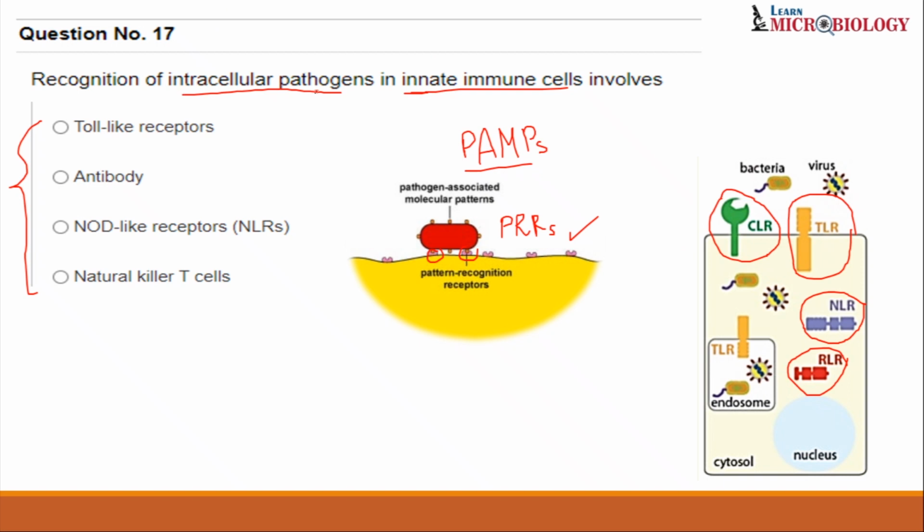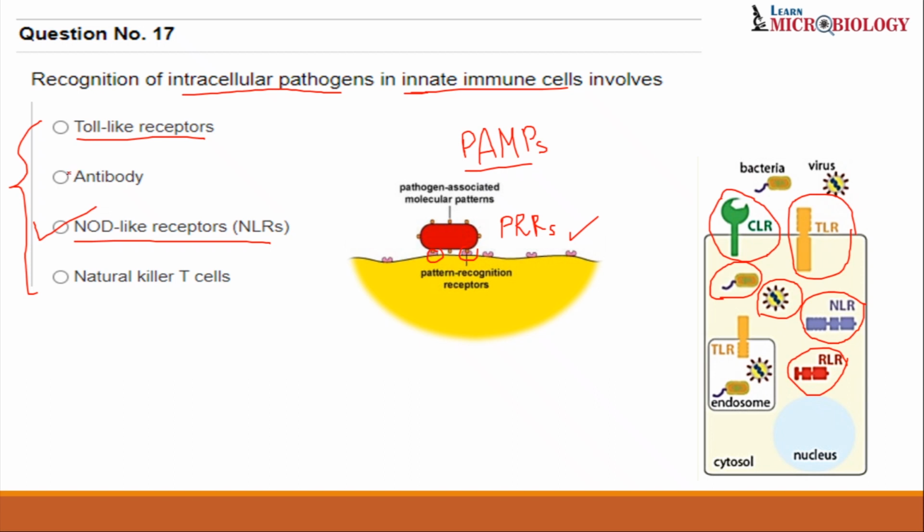They have asked about intracellular pathogens. First of all, what do intracellular pathogens mean? A pathogen which is present inside the cell. So if this is a pathogen, can you see it is present in the cell? Can you tell me which particular receptor will identify this? NLR or RLR, because they are freely present in the cytoplasm. Yes or no? So from these options, we have two options. Toll-like receptors are also present, and NLR, that is nod-like receptors, are also present. So the answer will be nod-like receptors.